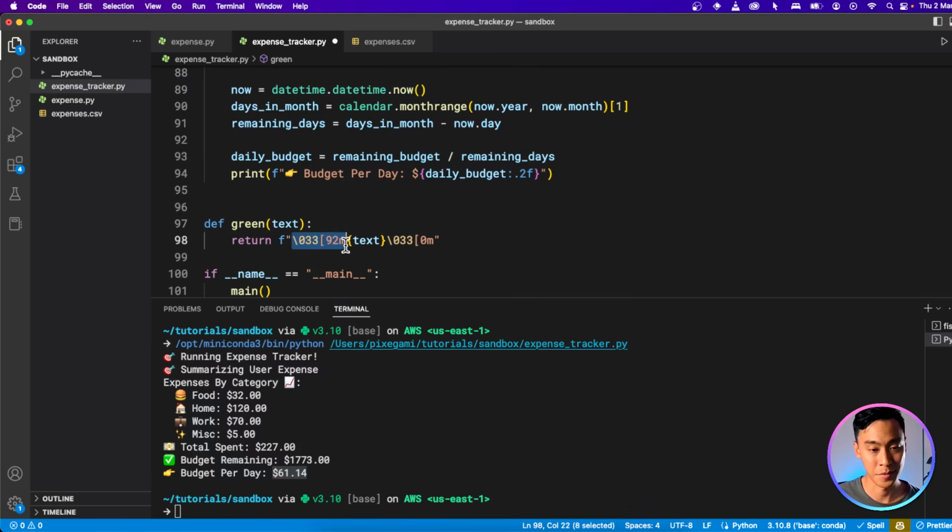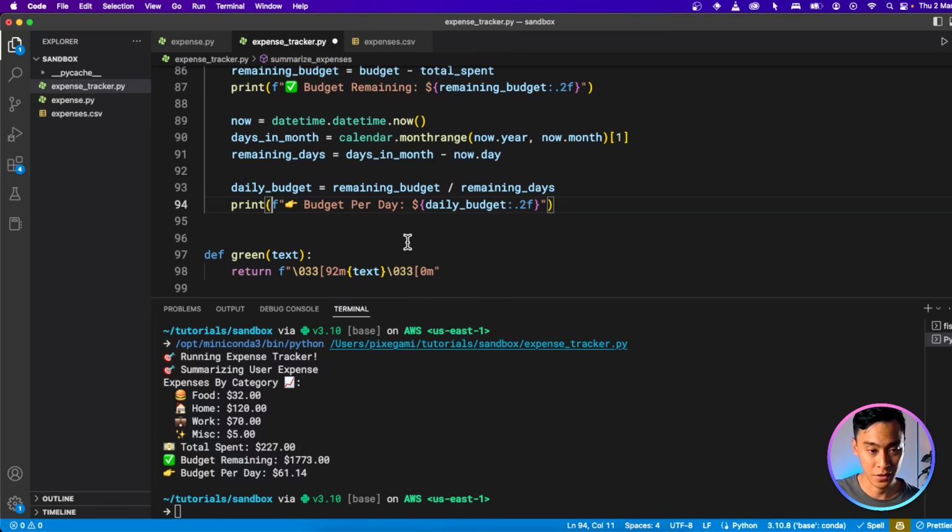So here is the special set of characters you need to use to turn a piece of text into a certain color. And here it turns it into a green color. So I've created this function called green, and it takes in a string, and it will return a new string with the special characters to make that appear green in the terminal. So I could use this function now to make things stand out.